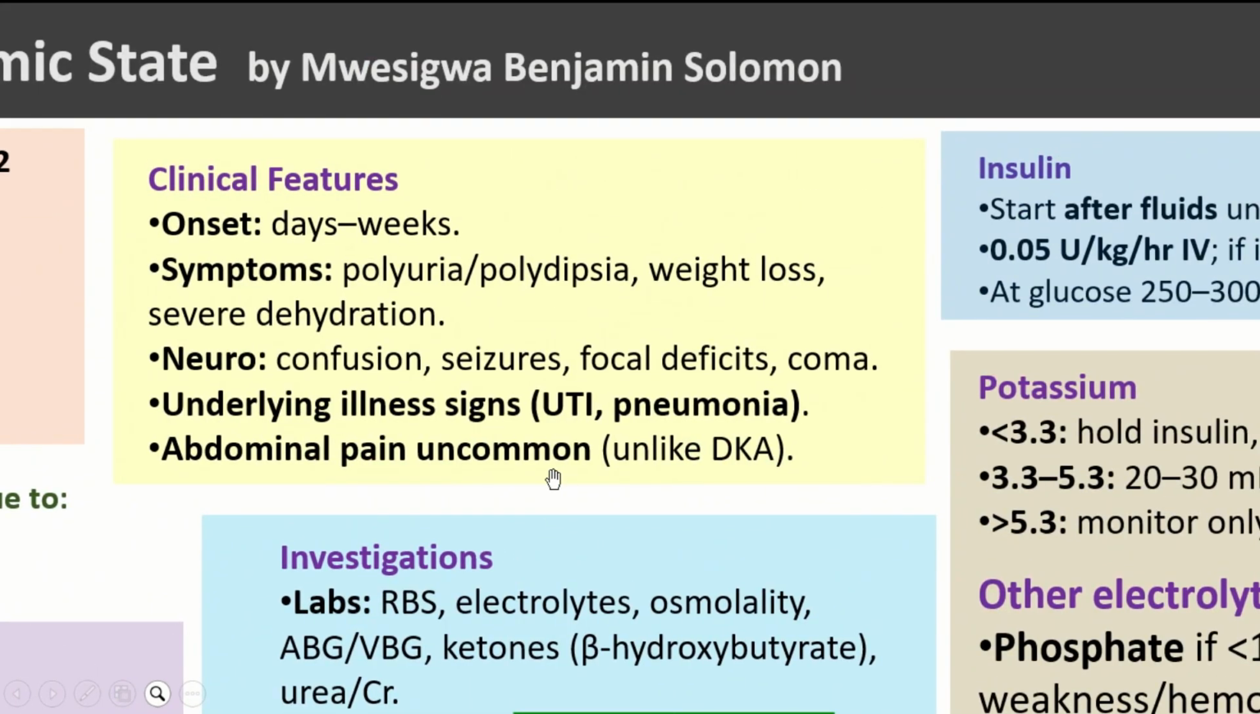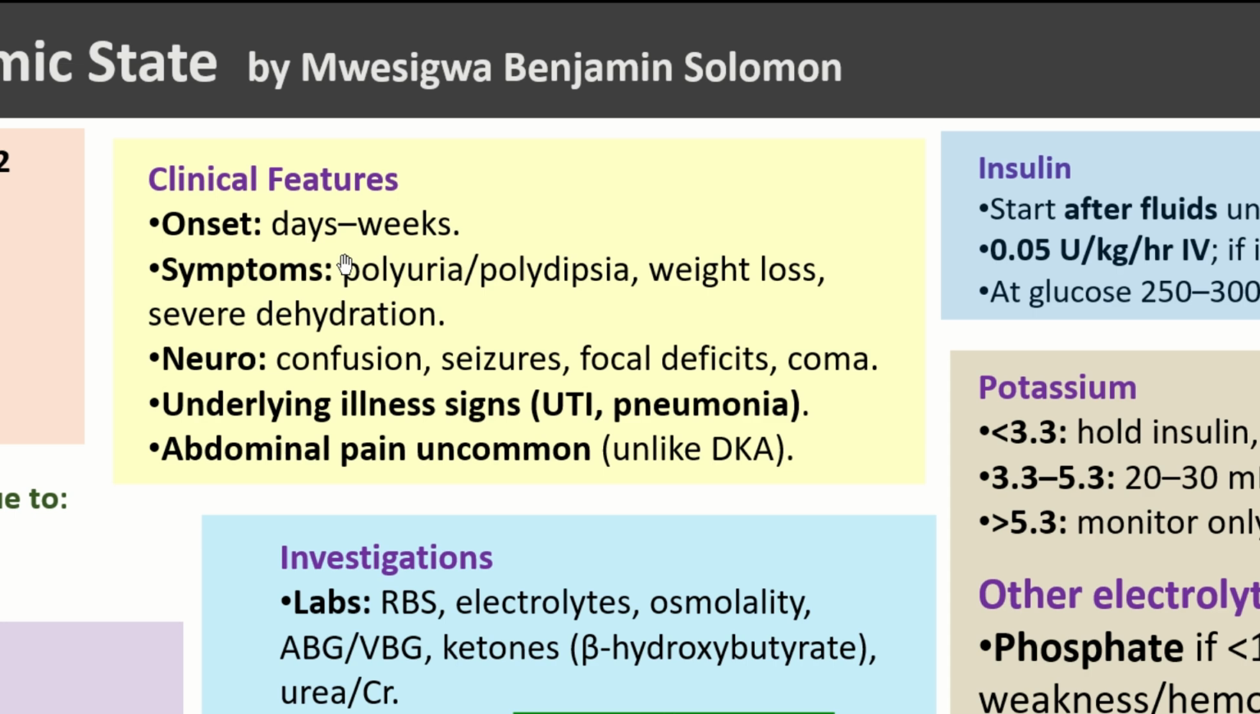So the clinical features: the condition is going to evolve over days to weeks. Some patients are going to have polyuria, polydipsia, weight loss, and severe dehydration. The neurological manifestations include confusion, seizures, focal deficits, and coma. The underlying illness signs may also be present. Someone may be having a UTI, someone's having a pneumonia. These are all going to manifest, or they're going to precipitate the condition,